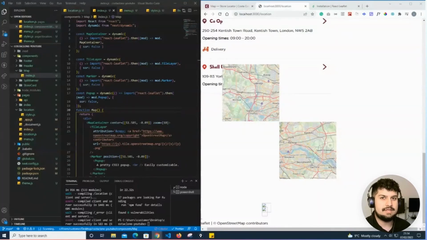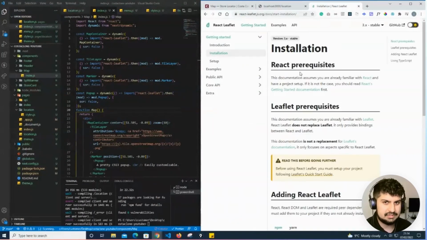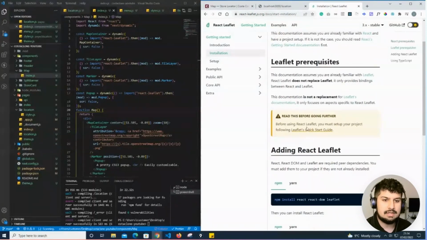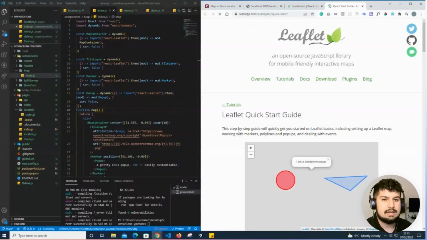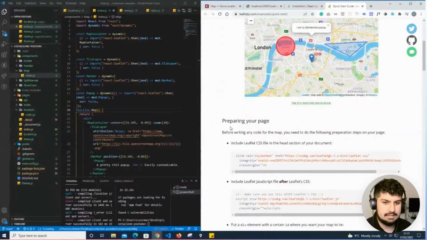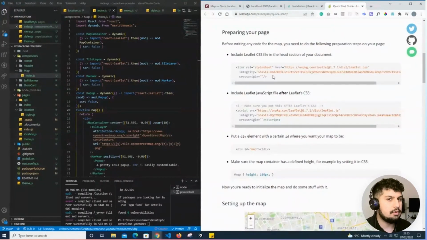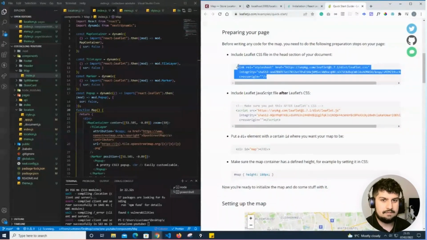So now that we have the map functionality working correctly on the page, we just need to style it. First off, if I go into the documentation on the installation, it does give a quick start guide. If I click on this and scroll down for React Leaflet, I do need to import a CSS file into the head section of my document. So if I just copy